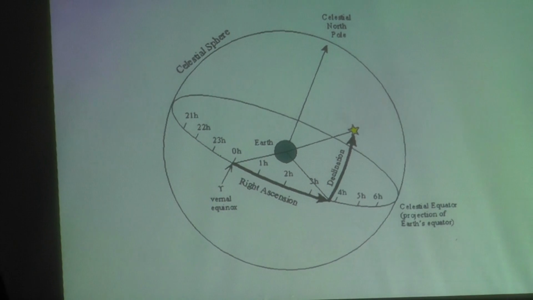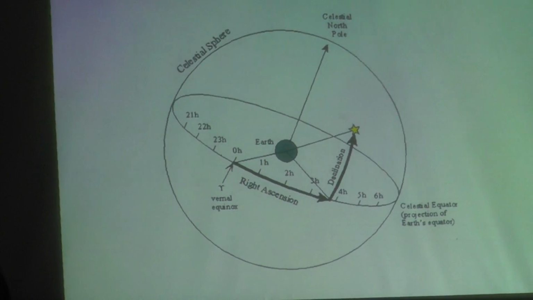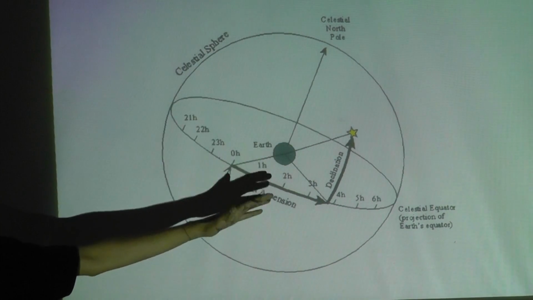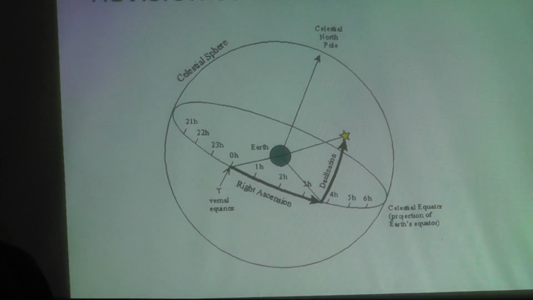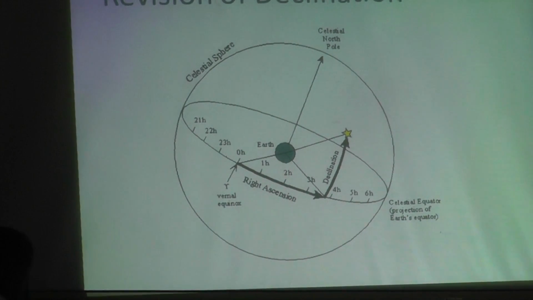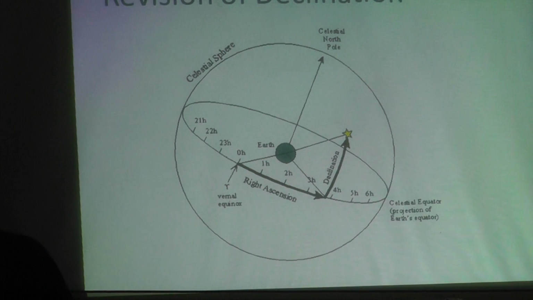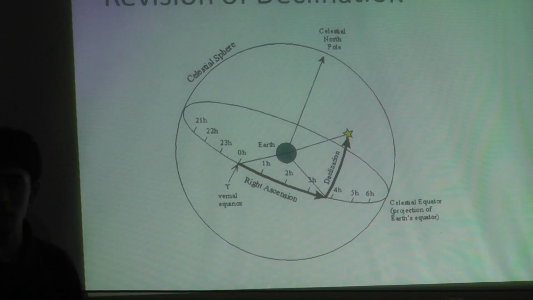In particular, right now I want to focus on declination. Of course, right ascension is also an important aspect, but declination is defined as nothing but the angular separation of a star from the celestial equator. Similar is the case for latitude. When I say that the latitude of Pune is 18 degrees, what I mean is that Pune is situated at an angle of 18 degrees from the equator. So let us say that this star has got some declination.